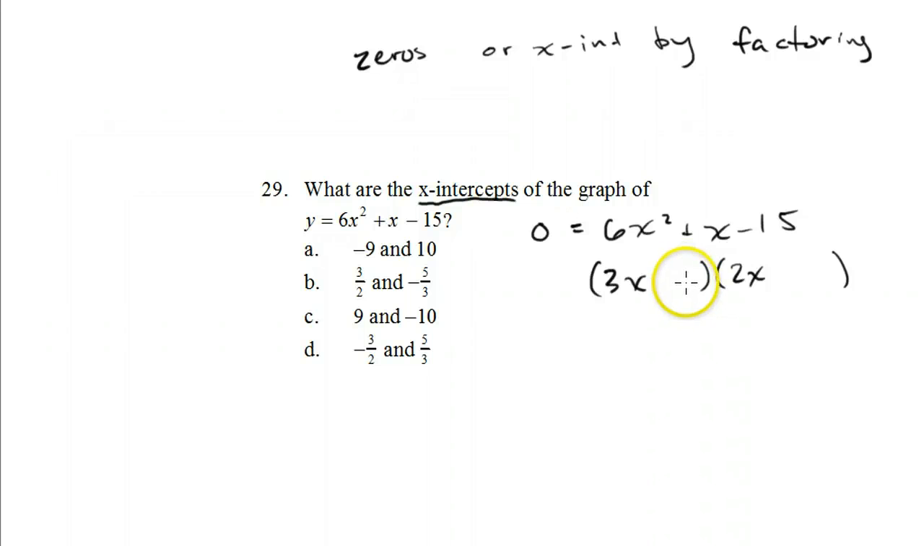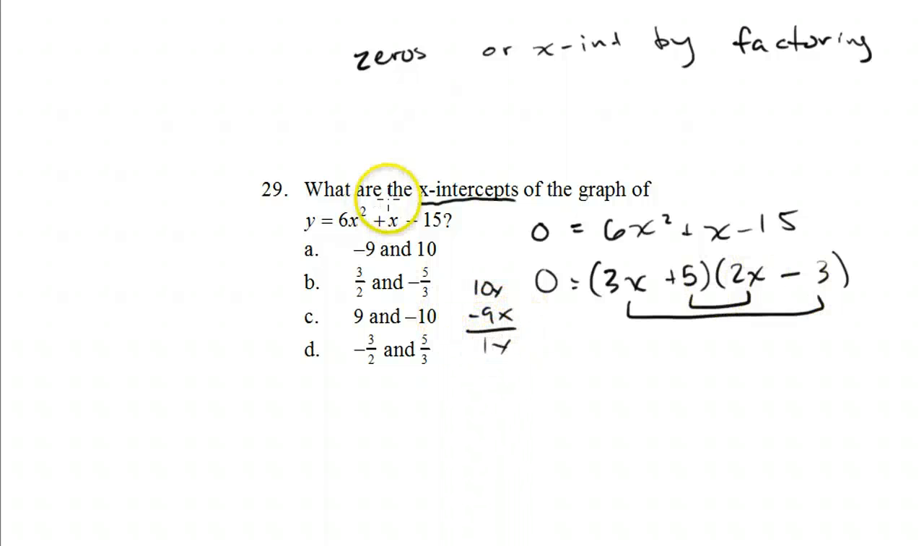And if I try 5 and 3 here, then I think this will work. So I want negative 15. One of these has to be negative, and I'm going to make this one negative and this one positive. Now always double check that this worked out. So the inside I get 10, the outside I get minus 9, and that's 1x, which is exactly what I'm